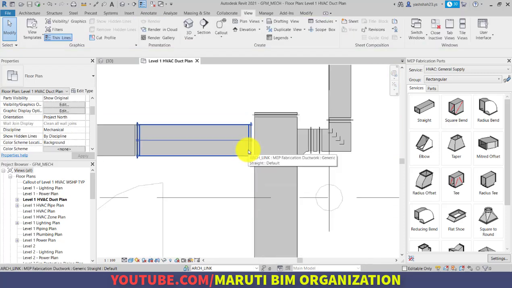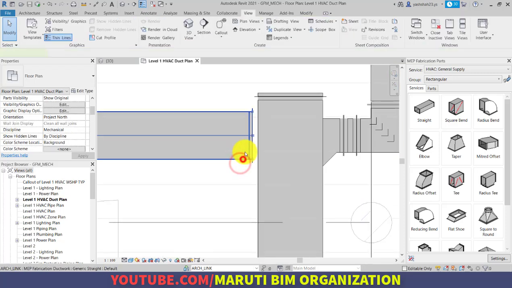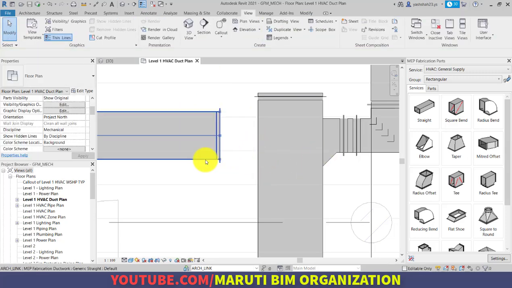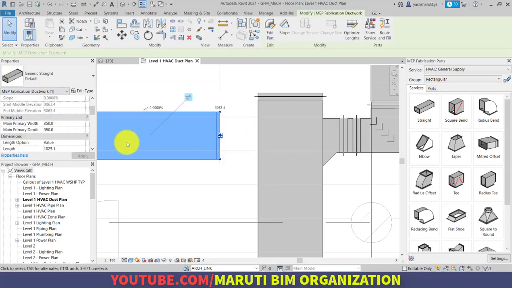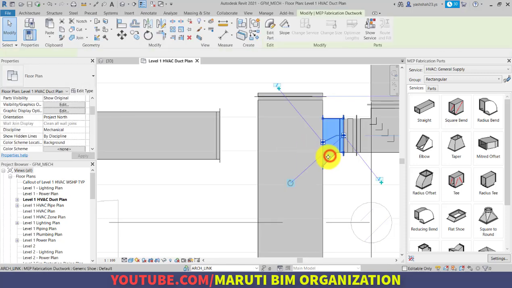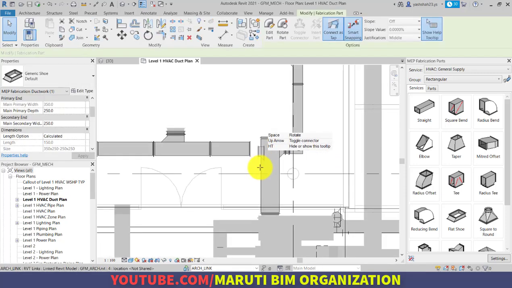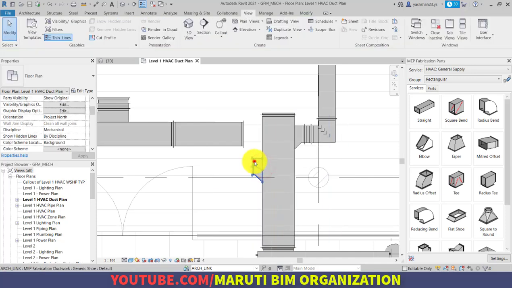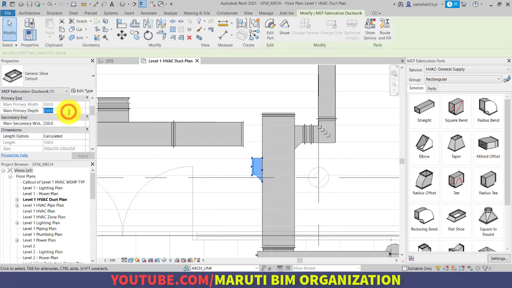Similarly, here the connection will also be required. So we will drag this, and here the connection duct size is 350 by 350. So selecting create similar, we will place it here, but size is 350 by 350.